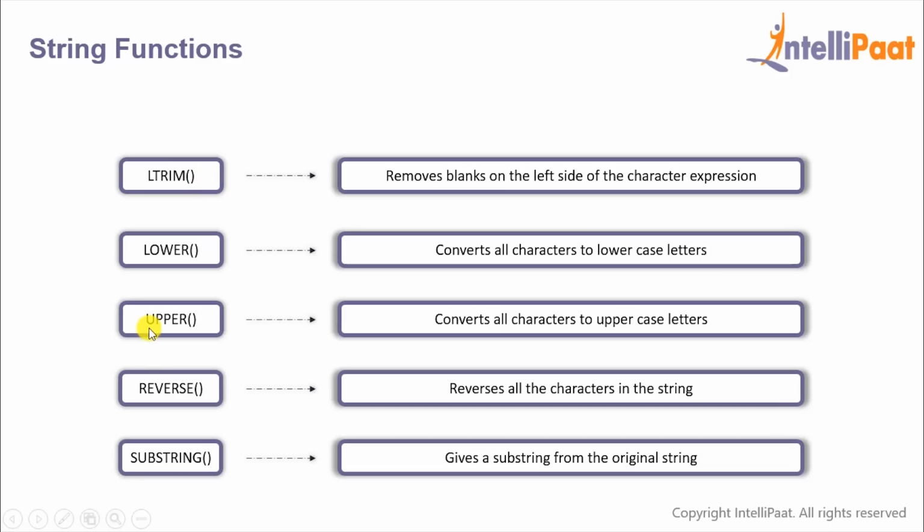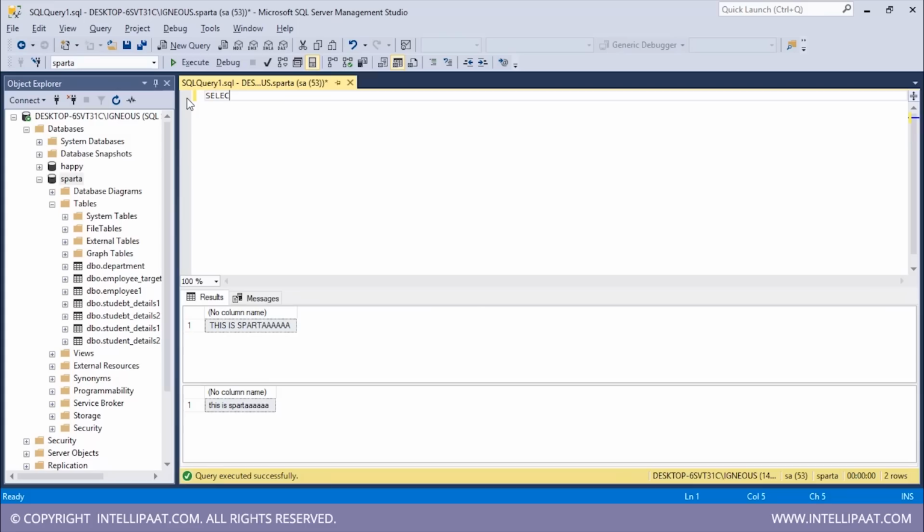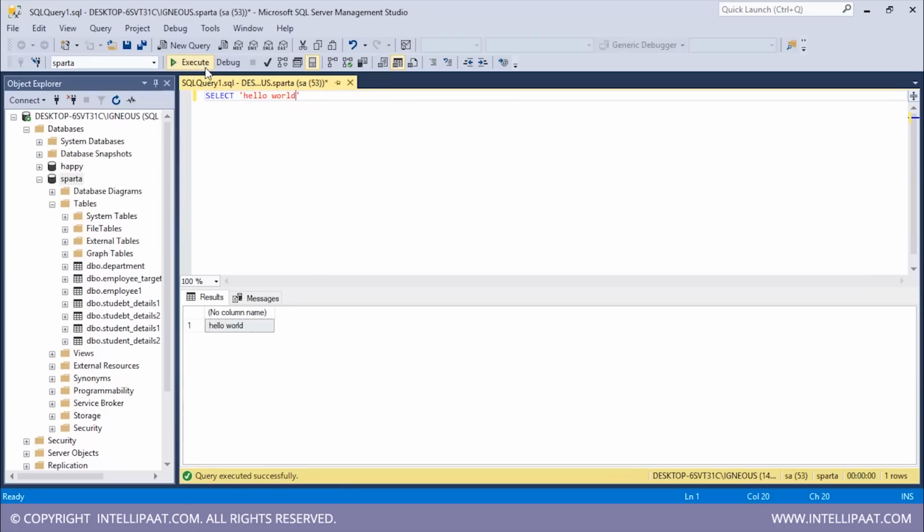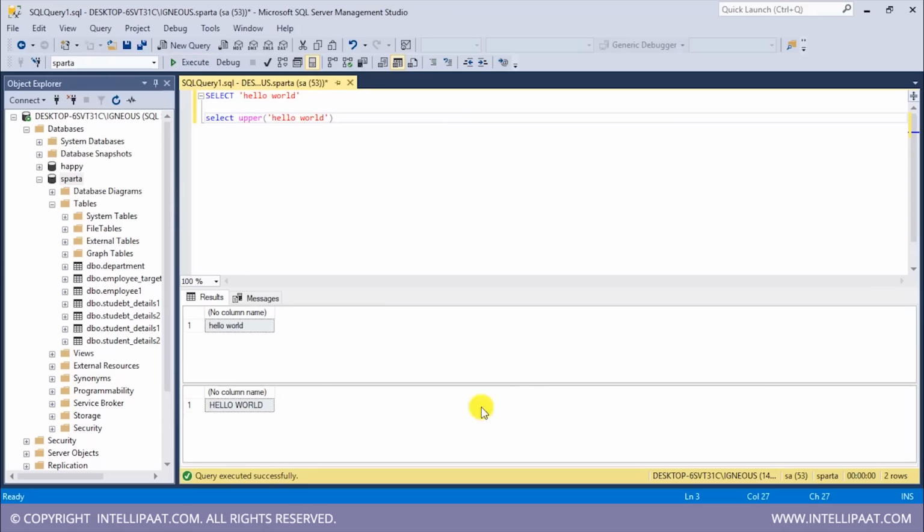Similarly, we have the upper function, which basically converts all the characters to uppercase. So this time I will take in a string which has all the characters in lowercase. So select, I will type hello world. Let me print this, right? So here we see that initially all of the characters are in lowercase. Now after this, I will type select upper and then pass in the string inside the function. I'll copy this. I will paste it over here. I'll hit execute. So this was our initial string, and after using the upper function, we have converted the string